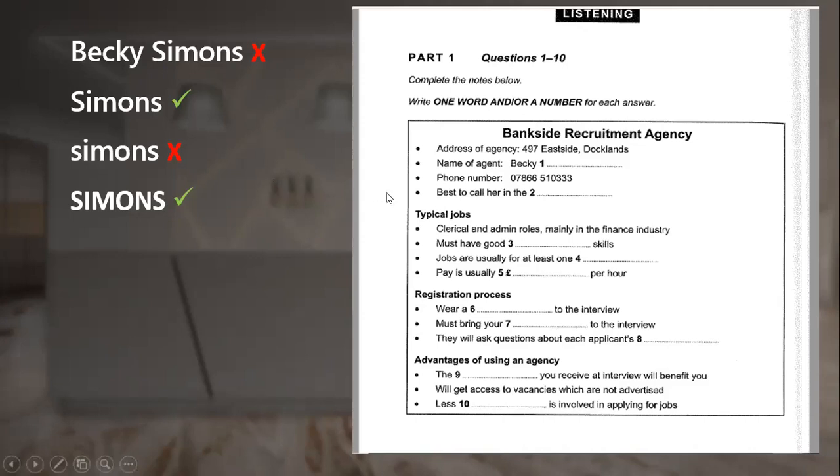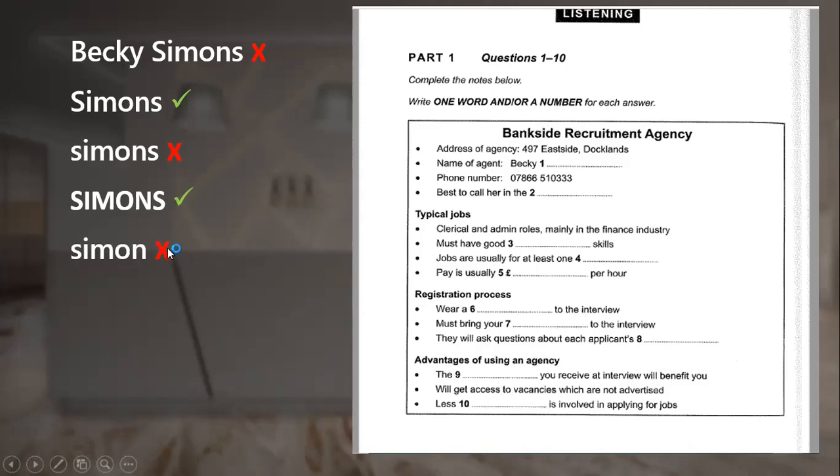Now, take a look at question number 5. It's talking about the pay, right? The pay is usually dash per hour. Now let's assume you had 1,000 pounds. 1,000 pounds. If you write the, okay, before we do that, there's another important thing you need to know about